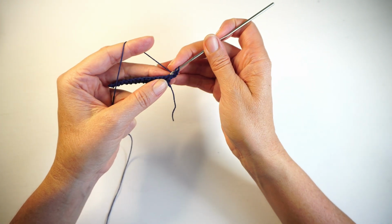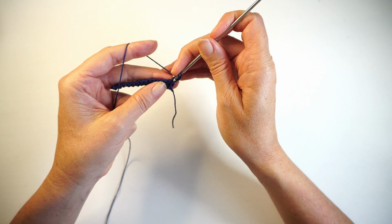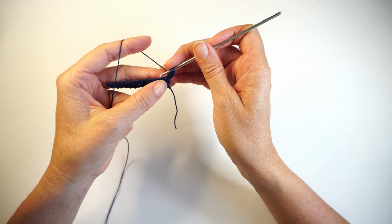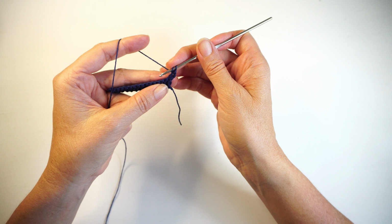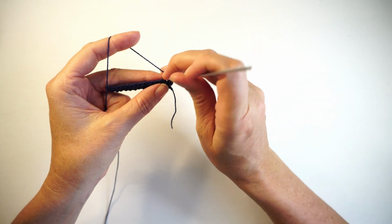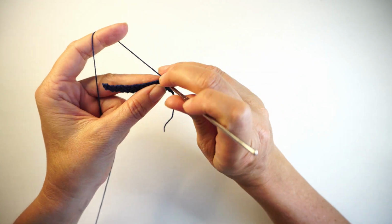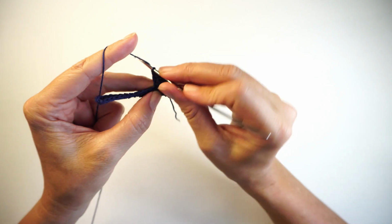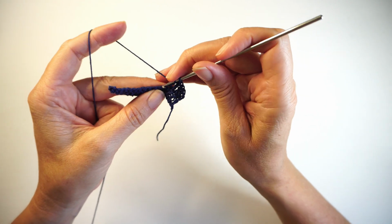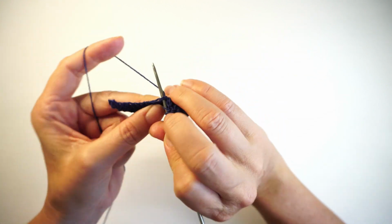So I just made this first double crochet in that last double crochet from the row before, and that's going to increase. This way I'm increasing 1 stitch on this side, and then I'm going to increase on the other side as well. So here I'm just going to make 1 double crochet in each double crochet from before, all the way to the end of this row,